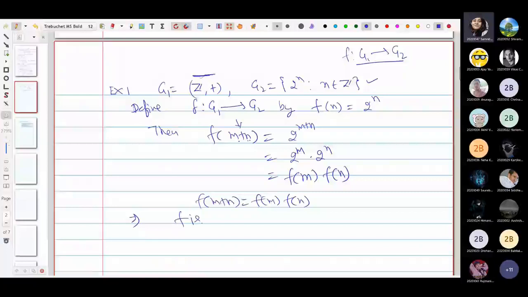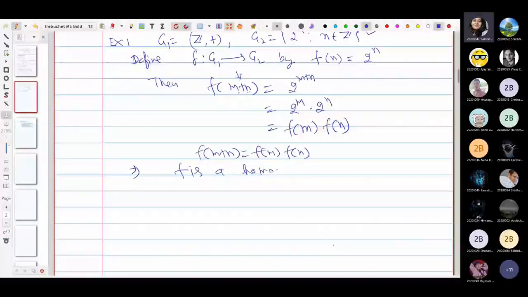And of course, you can verify whether it is onto or not. If it is 1-1 and onto additionally, then it becomes an isomorphism. In this chapter in particular, we are going to focus more on homomorphism. There is another chapter on isomorphism, so we will see that. So if you are getting fewer examples on isomorphism, you need not worry, because in detail we will be talking about that. But for the sake of completeness, I gave the definition here.